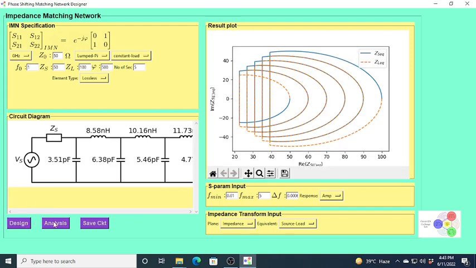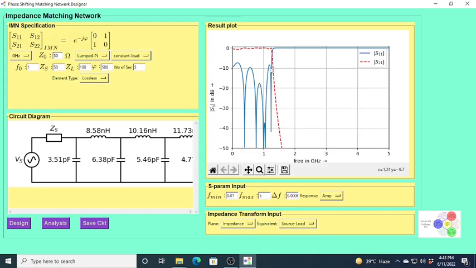Design analysis. So it is basically a little bit down. So now it's fine. It's quite good over this band. And you can clearly see that 1, 2, 3, 4, and 5 regions are there because it is a 5 section. Okay, and you can see that you can basically design a wideband impedance matching network